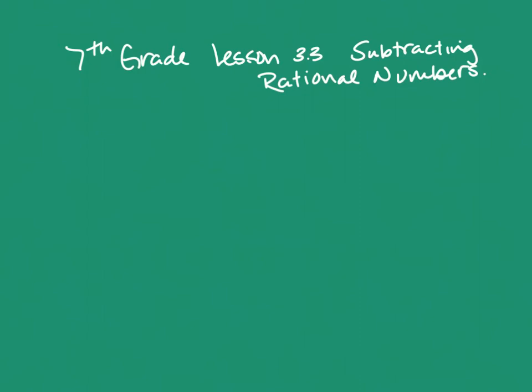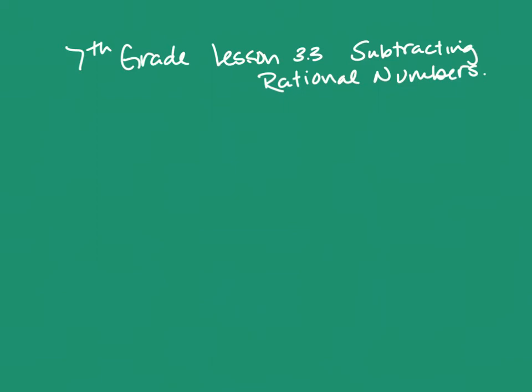7th grade lesson 3.3 is subtracting rational numbers. The majority of this lesson is really showing you how to utilize a number line to show the answer for the subtraction of rational numbers, including integers. But I'm going to try and use both,